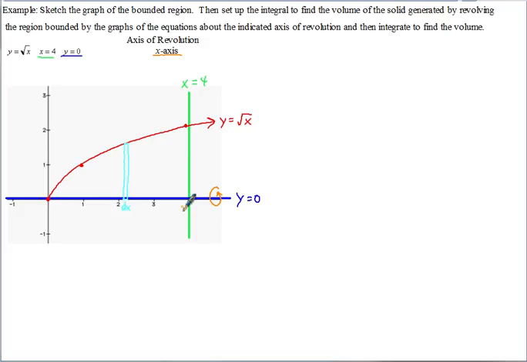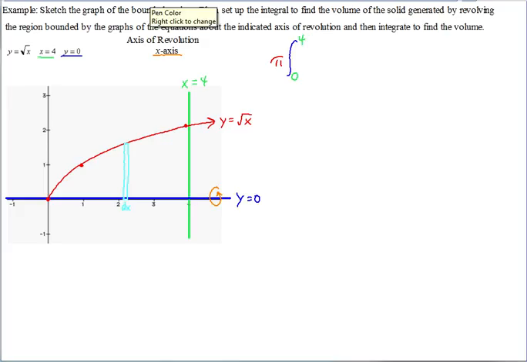Okay. So the way we can do this, again, the integral for the volume here. With the disk method, you have pi on the outside. And the integral from where the region starts at 0, stops at 4, just like you do area. And then your R1 and R2,